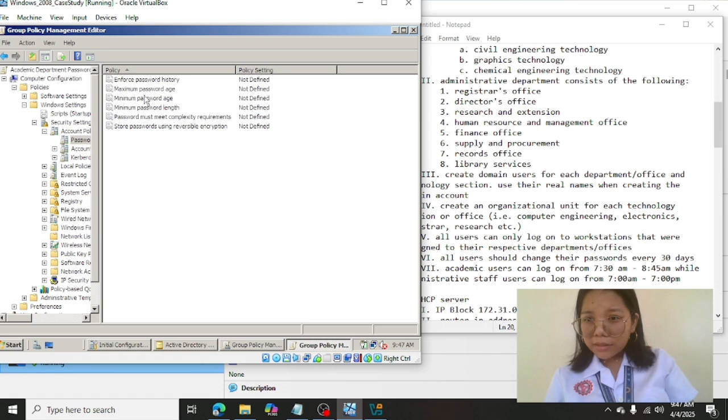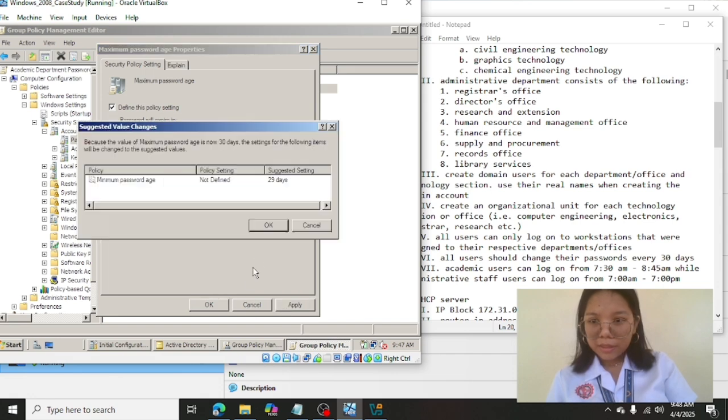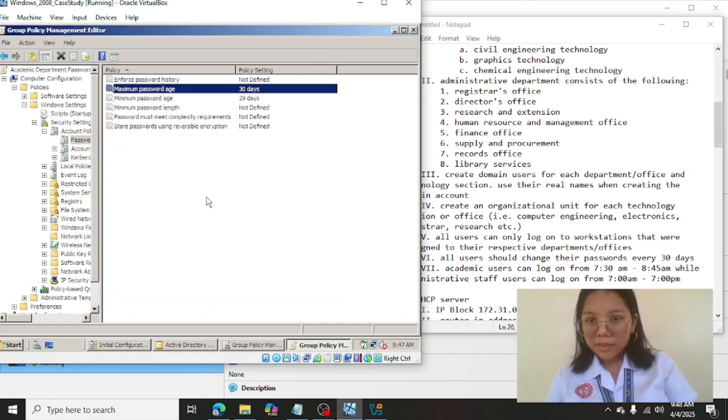And then click on Maximum Password Age. Type in 30 days. So just click Apply, then click OK. Okay. Then do the same thing with the administrative department.